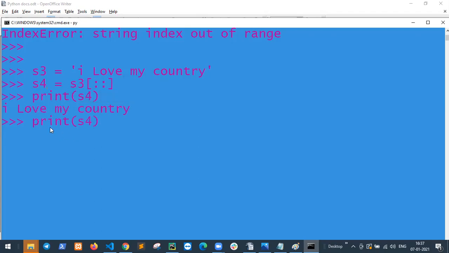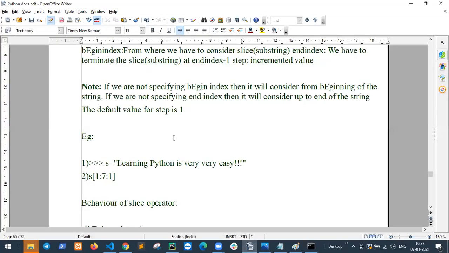If I say starting value blank, and ending value 7 and no increment, so print s4. So I love. So this is 0, starting 0 indexation. That means if we are not specifying any starting index, then it will consider from the beginning of the string.